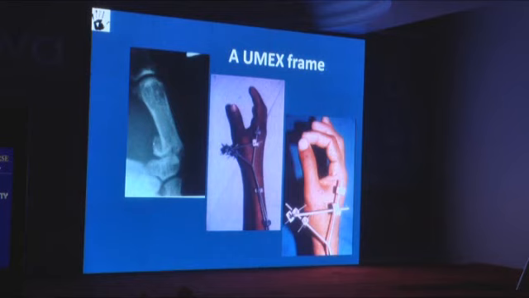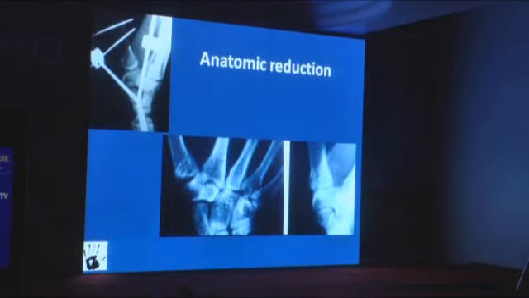Now when you put a fixator, Hemant Patankar puts pins into the trapezium and into the scaphoid, and I would avoid doing that. I would skip it and go to the radius. But if you tell a patient you've got a fracture here and I want to put 2 pins here, he's not going to let you do that. So somehow in the old days we managed to do that because we had an OPD full of fixator patients and they thought that's the only way these fractures could be treated. But you can get an excellent reduction with a fixator, excellent reduction.